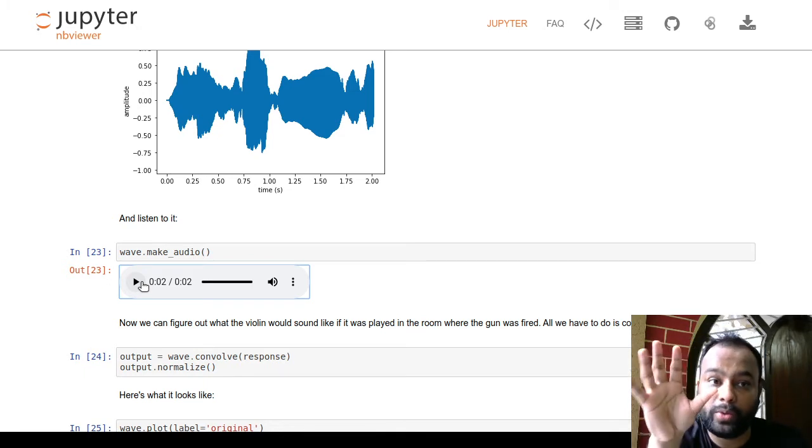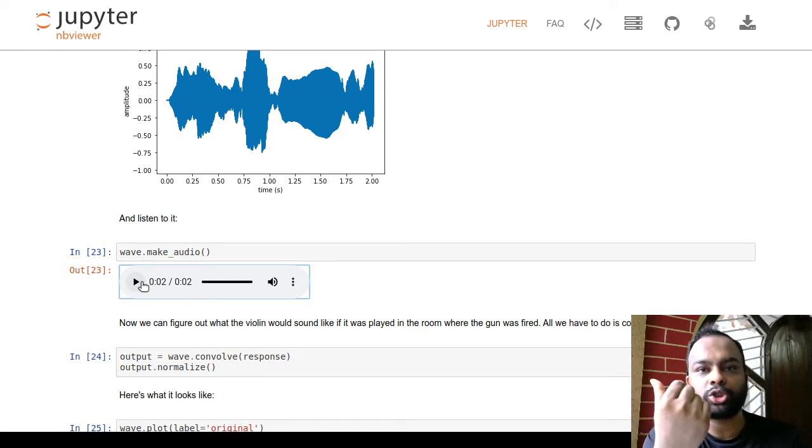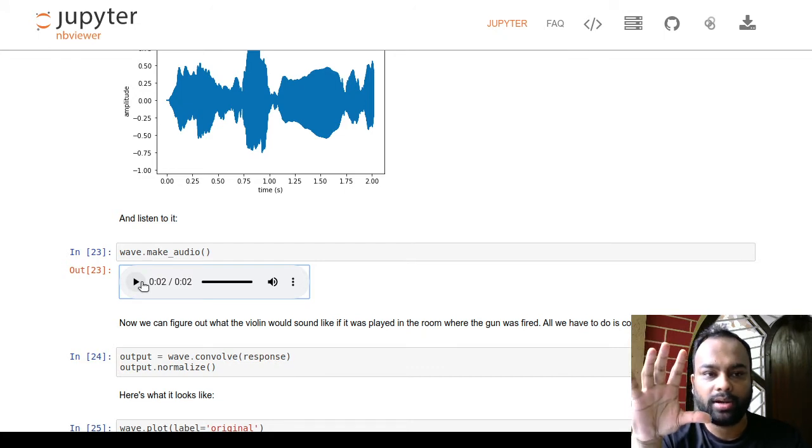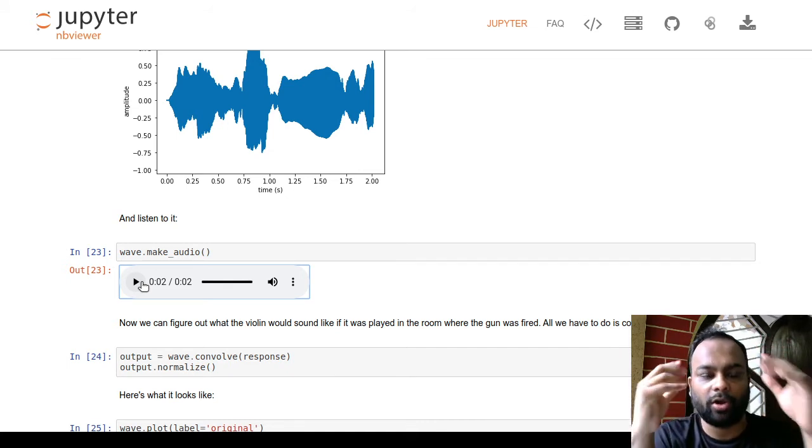Yeah, actually we are trying to convert the impulse input to the violin's music, right? But impulse response to the violin's music. No, you're thinking too complicated. Let me ask you a very simple question. Give me an example of a sound that's too short but too loud. I mean, give me an example of a sound that stays for a very small amount of time but has a large amplitude, large volume, right?